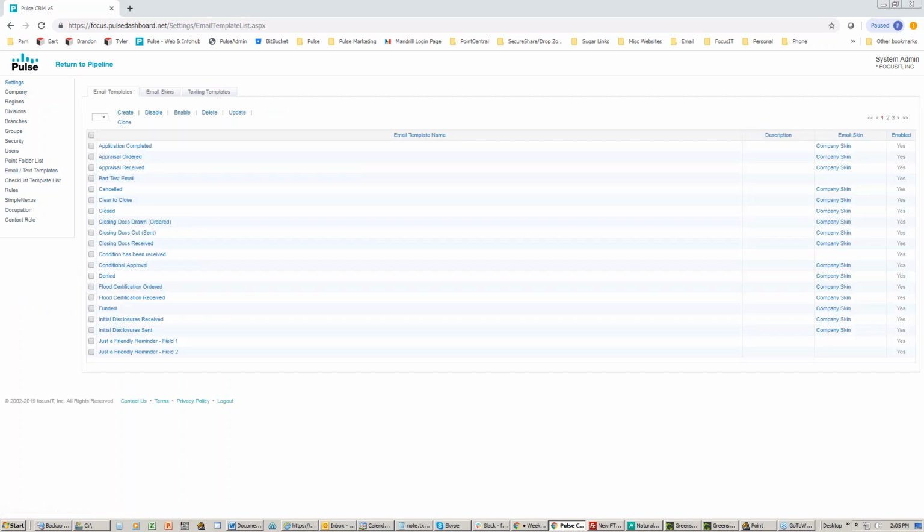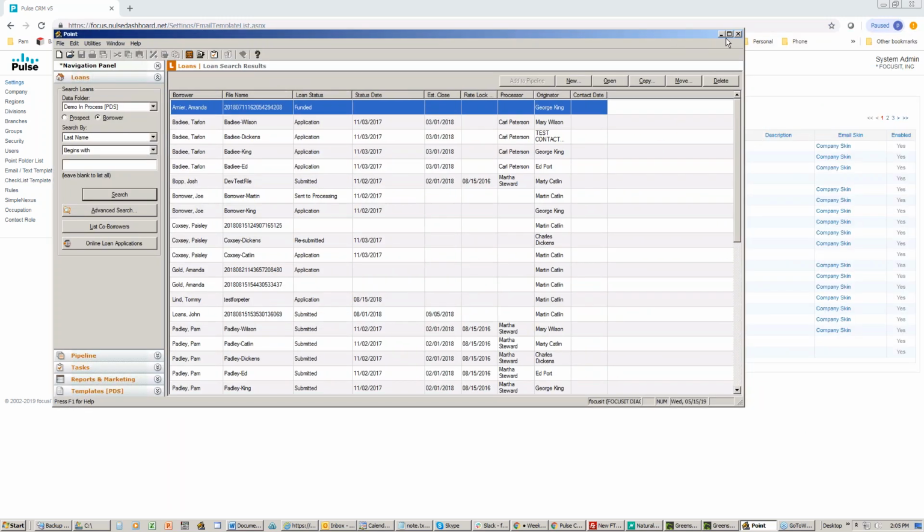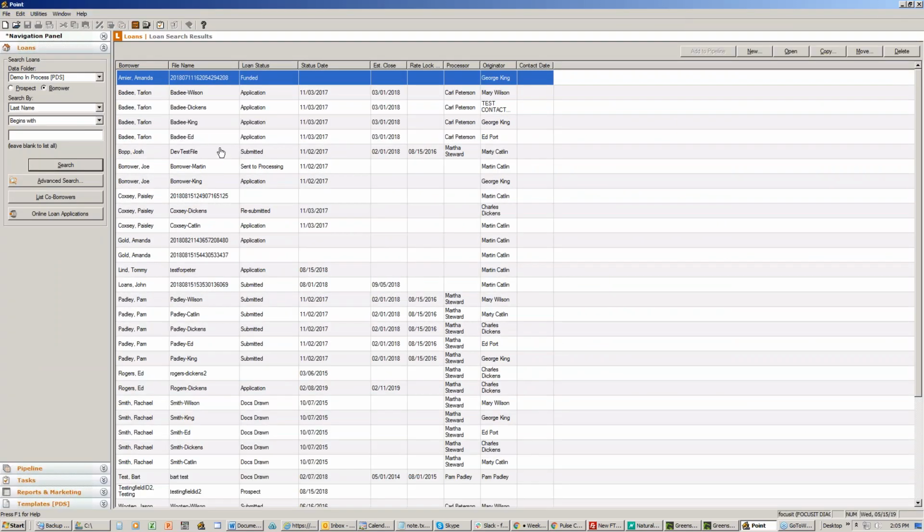when you sign up for us and we build your Pulse site, all of our customers are given about 22 standard status emails that are delivered with the product that they can choose from to determine which emails they would want to use and who they'd want those emails to go to. It's really important to understand a few things about the Point application to be able to go in and create email templates. One of the things that you need to know about the Point application is how to look up